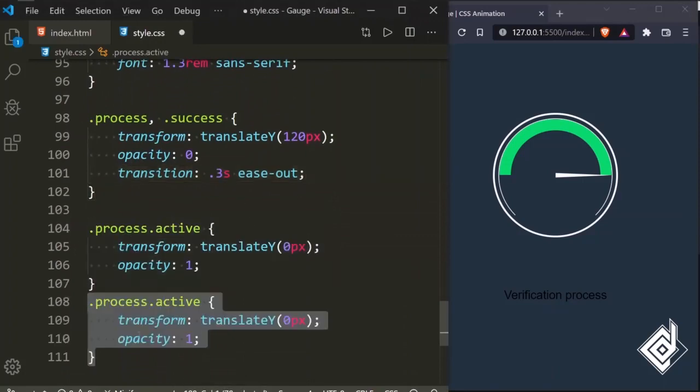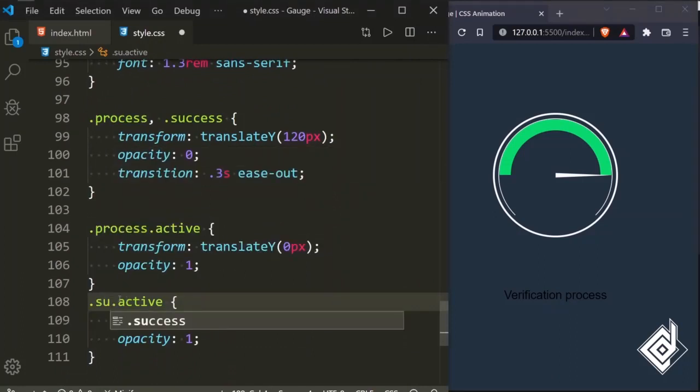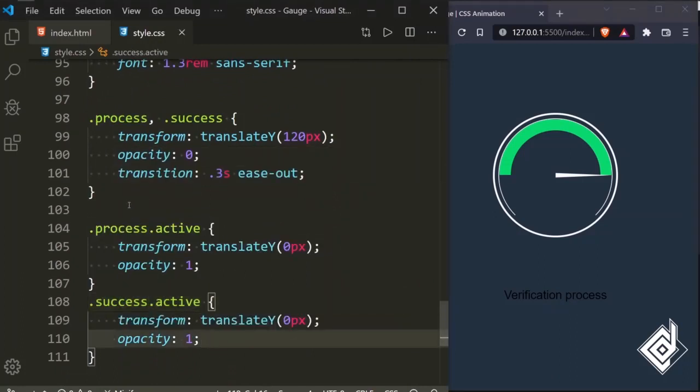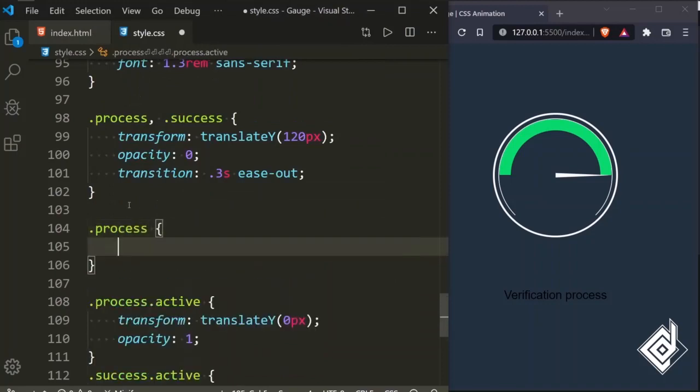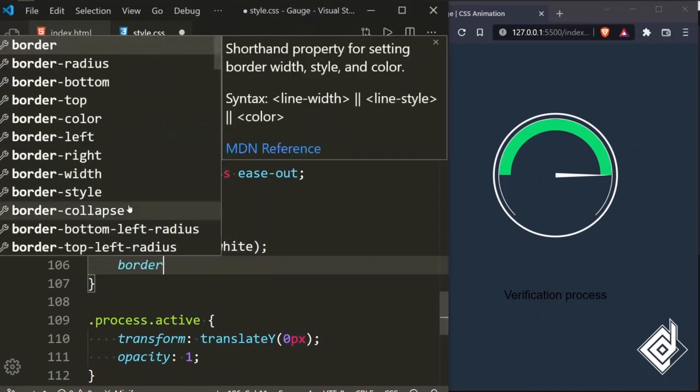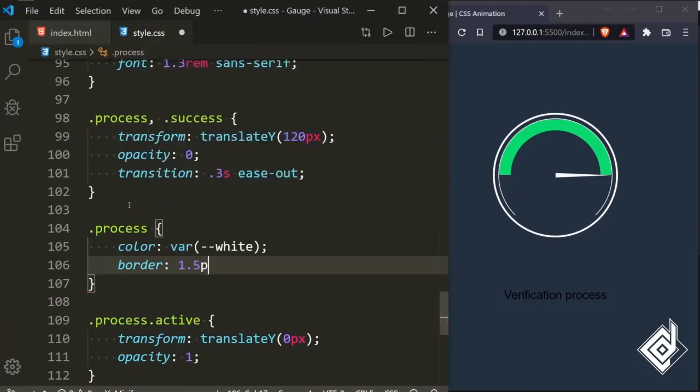Now let's add the same thing for the success class. Similarly for the process class, I want to give color to white. And also I want to add border. I want to give border width to 1.5 rem, border style to solid, and for the border color I am giving white. Now if I save,